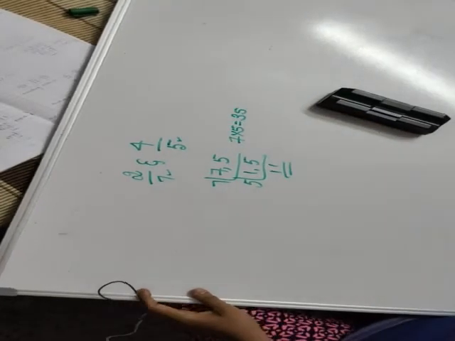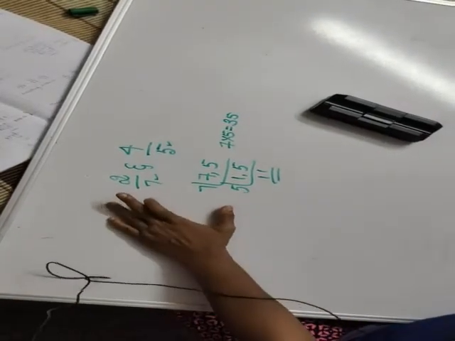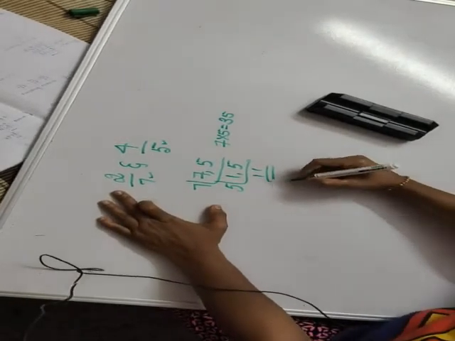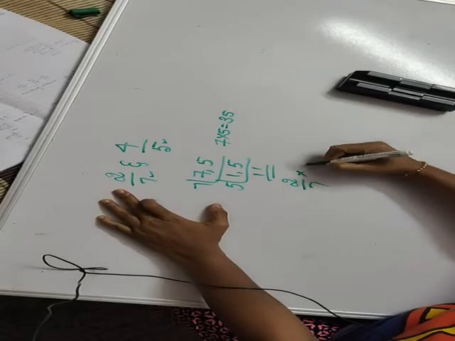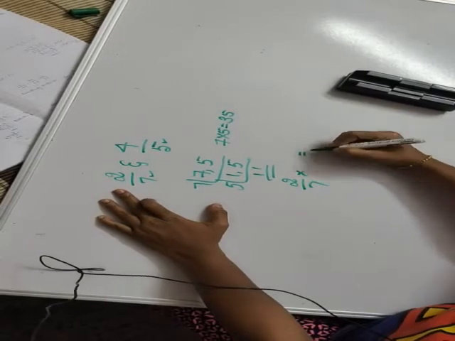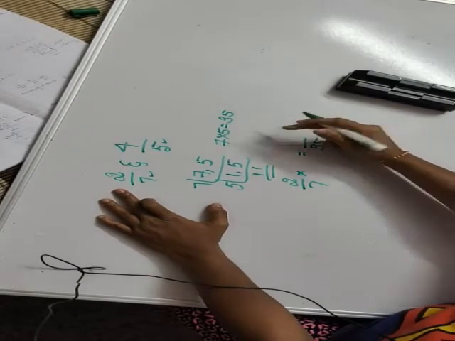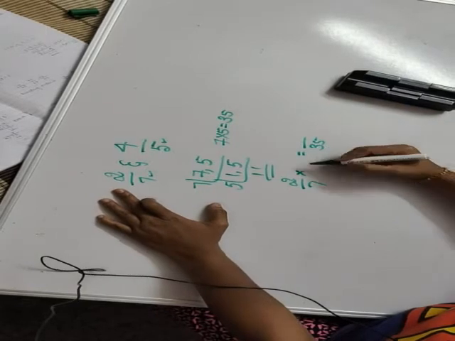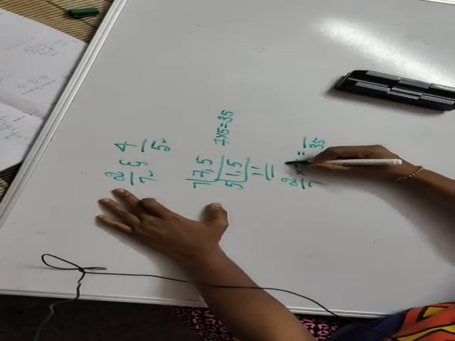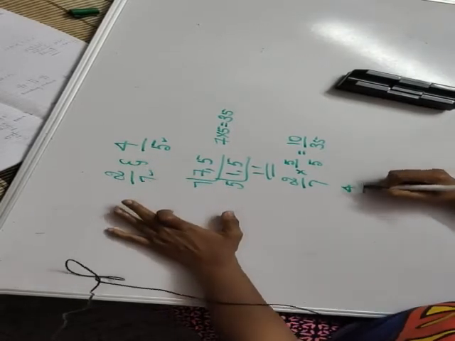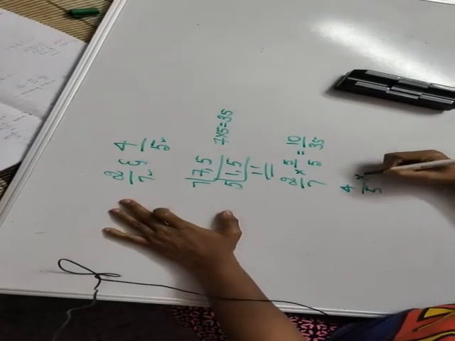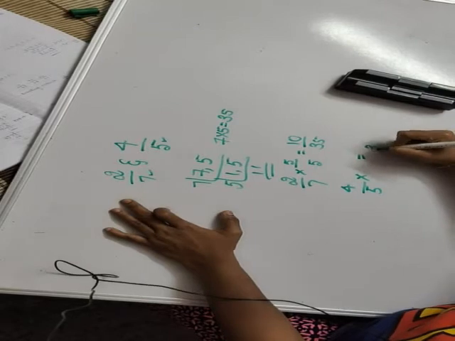Now, we are not finished here. We have to convert the numerator also. There are two ways to convert the numerator. One is 2 by 7 into something, where the denominator must become 35. How much is 7 to 35? 7 fives are 35, so the same 5 we have to multiply up. 2 fives are 10.